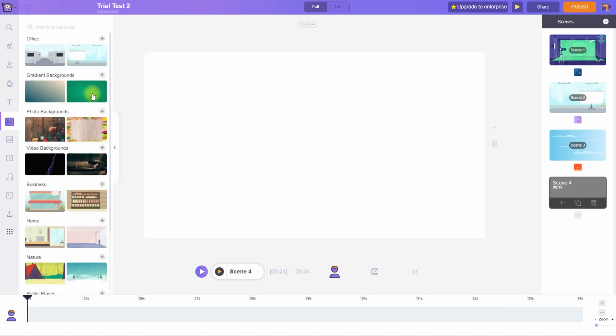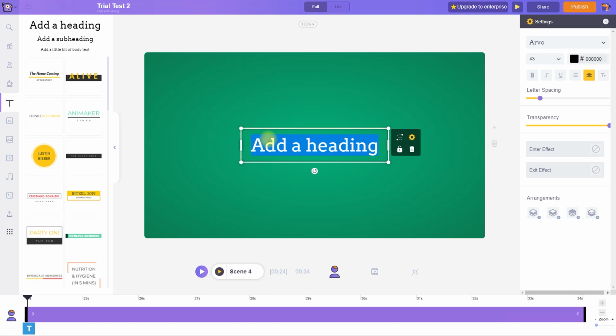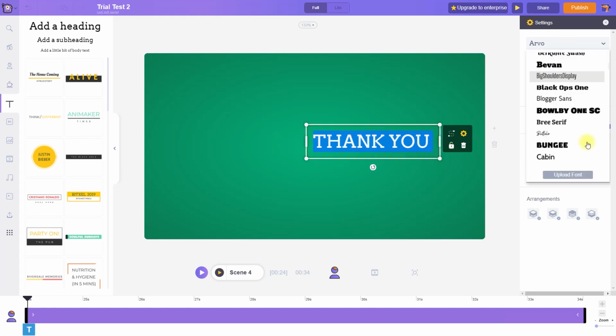Let's import a random background because you know how to import a background and all of that. This is the last scene, which is just the thank you. Okay guys, so here I'll be showing you the power of expressions because I have shown you the power of actions, which is one of the main features of Animaker, that they have given such a huge library of actions that we can import in our character. We can customize our character and then add those actions in them, but on top of those actions we can also add expressions. So we'll be talking about that in this scene.